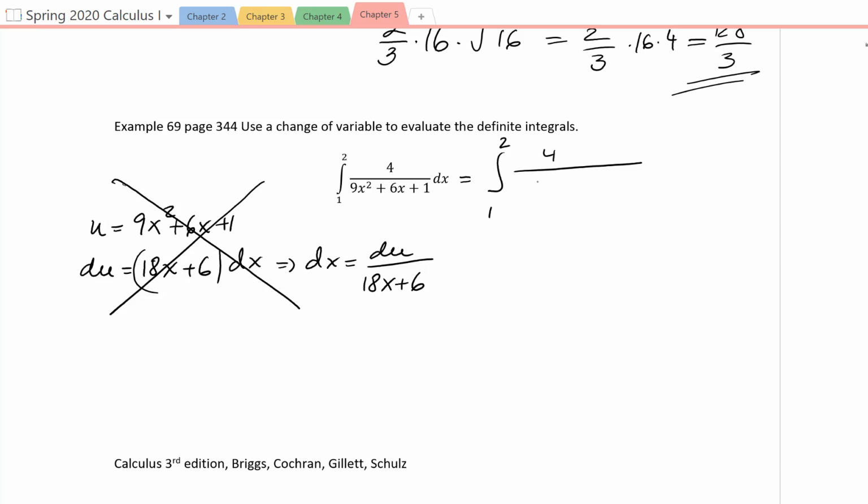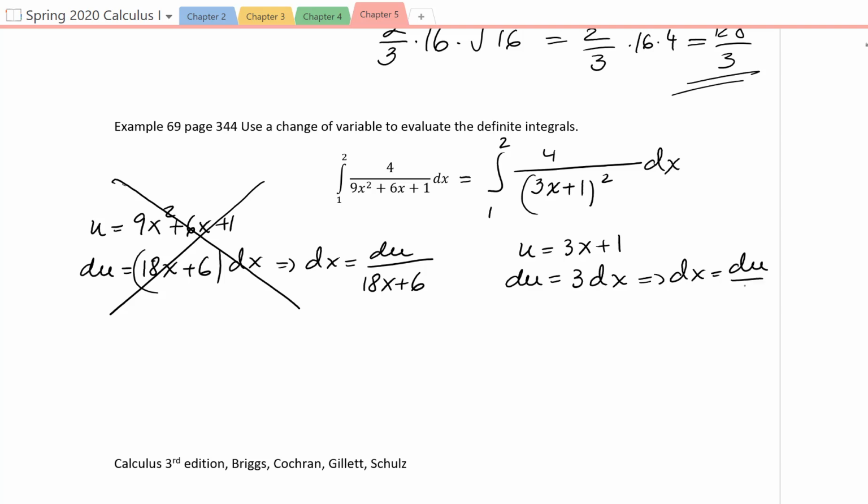Well, if you factor the denominator, you notice that it's (3x + 1) squared dx. How about we set 3x + 1 equal to u? Then du would be 3 dx, so dx will be du over 3. So basically our integral is going to be the integral